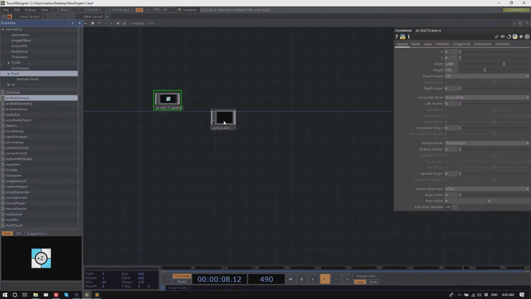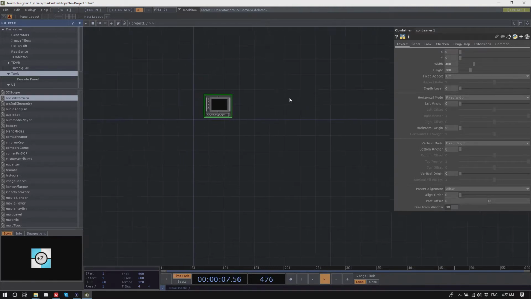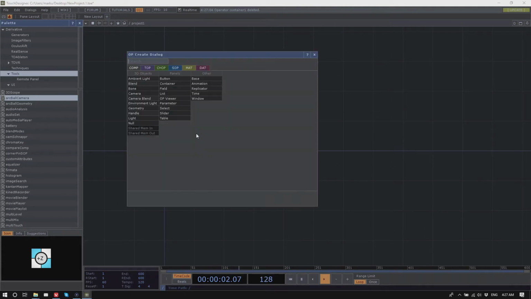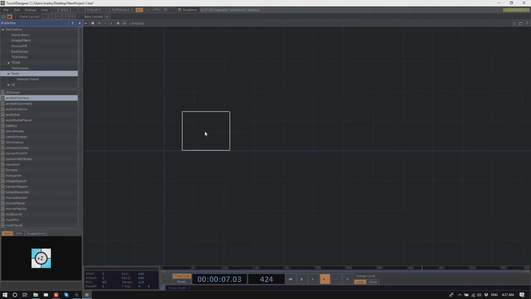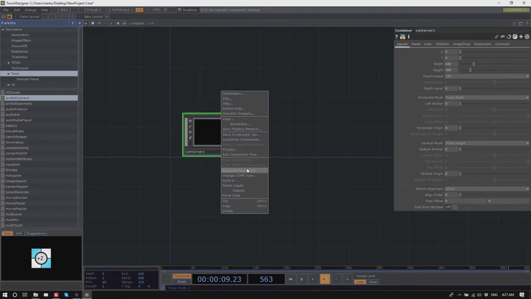So if you want to create such an extension, how would that work? Maybe we can create a very simple extension that just outputs a string, or maybe changes the background of this container. Let's do that actually. So place down a container component. To add an extension, the easy way is to right-click onto the container component and pick Customize Components,